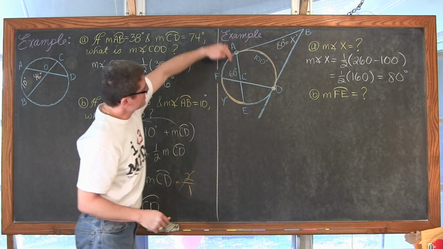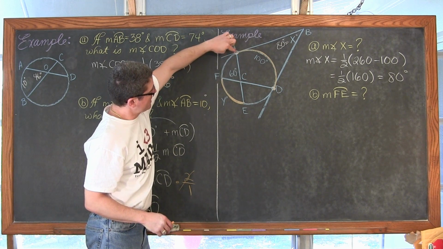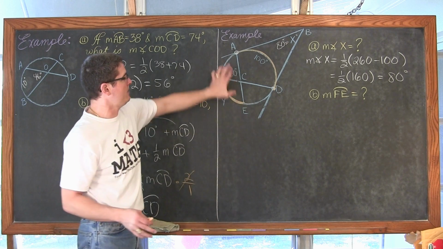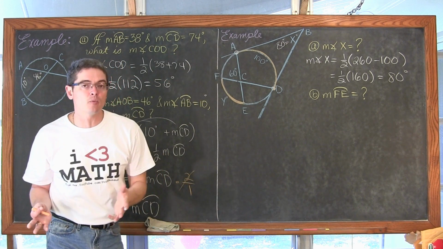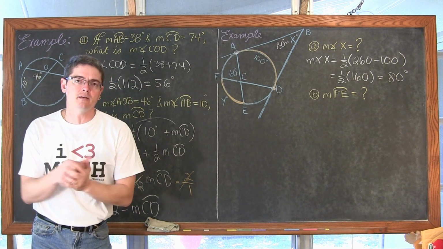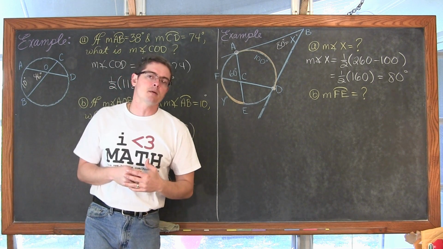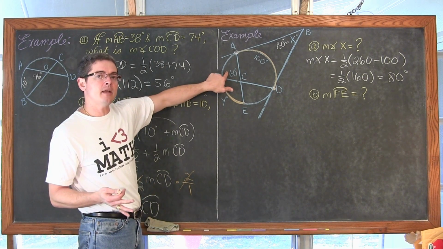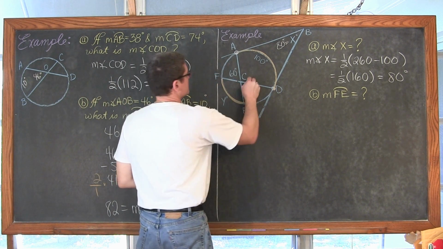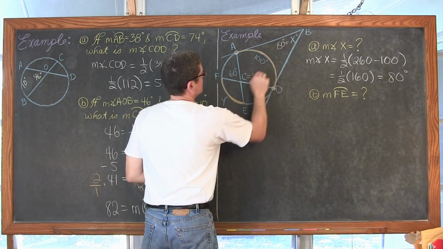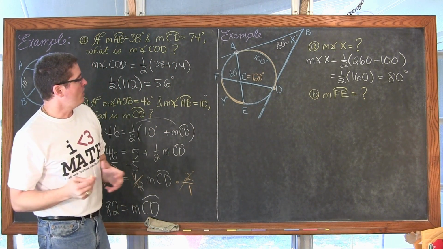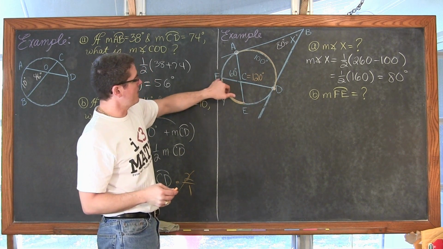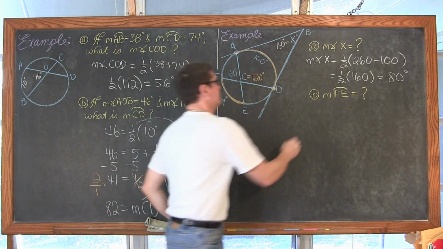Now, you see these two angles here, right? We have angle ACF and FCE. These are adjacent angles forming a straight line, which means they're a linear pair, which means they add up to 180 degrees, or in other words, we call that supplementary. So what angle plus 60 is equal to 180? Well, of course, that's 120 degrees. Okay, so what we have here is the measure of angle ACD, or FCE, which is 120,